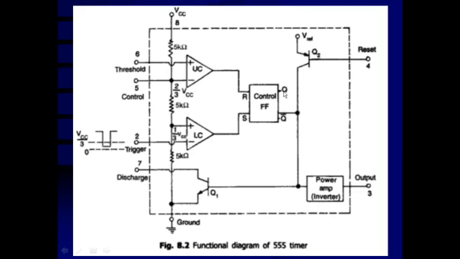This is a flip-flop. So, R and S will decide what the condition of Q and Q bar is. This is a basic RS latch or flip-flop which has two outputs, Q and Q bar. Here we have utilized Q bar, and this transistor is a PNP transistor. The emitter is kept at a reference voltage, and the base is called the reset terminal, pin number 4. This is the functional diagram of the 555 timer.